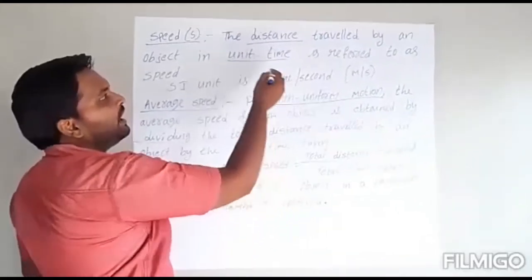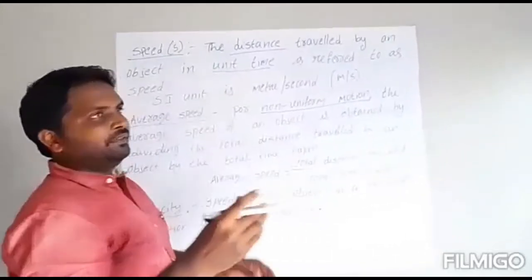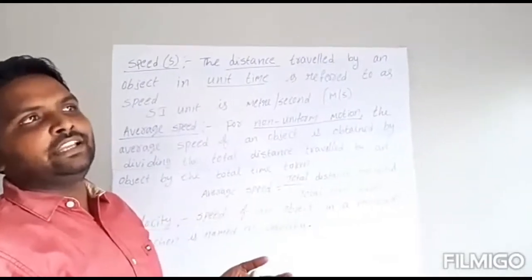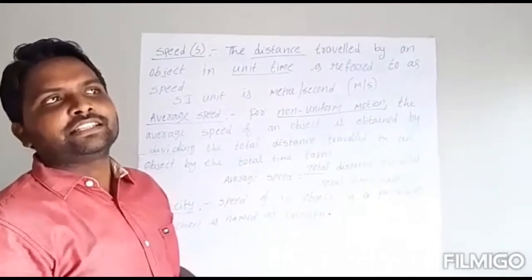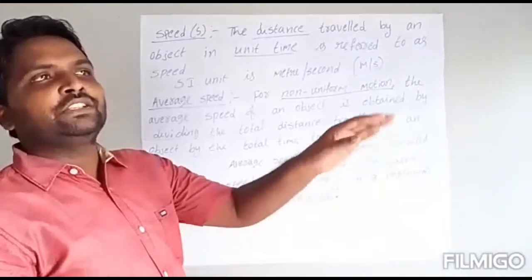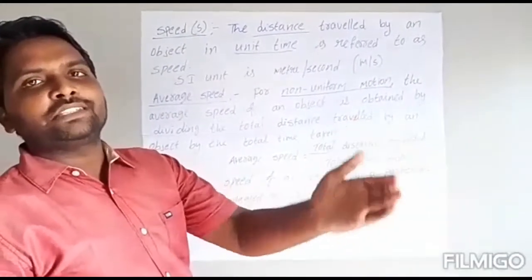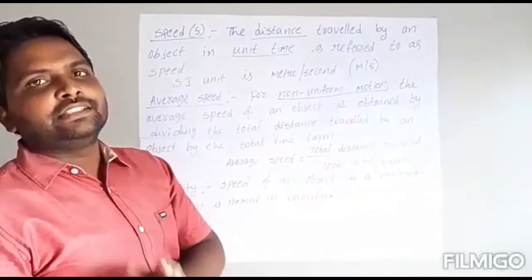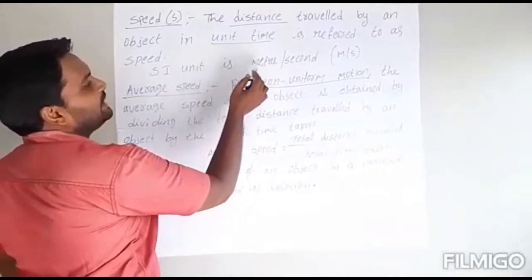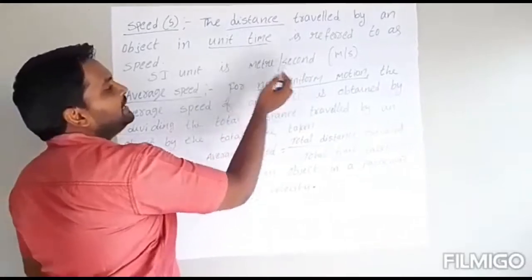When it is reached after 10 minutes, that we can call speed. That means, for example, now I want to go 20 kilometers. Now I reached there, 20 kilometers. How much time has it taken? For example, 10 minutes. So in 10 minutes it reached 20 kilometers. For 20 kilometers, how much time is it taking? 10 minutes. That we can say is speed. So the SI unit is meter by second. Speed units are meter by second.